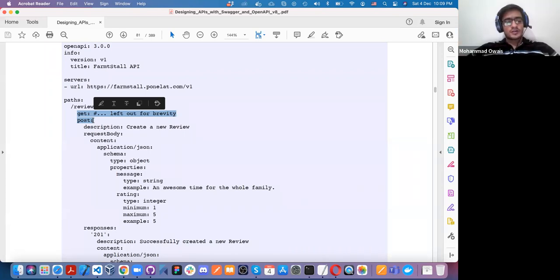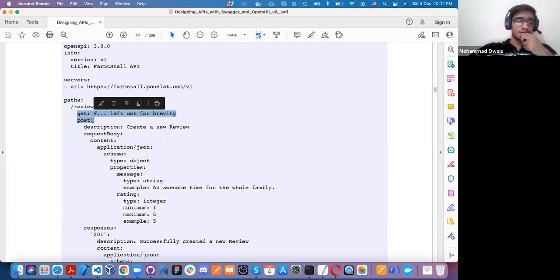Actually, the point is that we are defining this for RESTful APIs, so we have some HTTP methods for that. We use those methods and define them in our definition. As we have just seen, if you want to fetch anything from the database and from the API, you use the GET method. And if you want to post or insert anything to the API, you use the POST method, because it is the HTTP method for that. This is the standard, so we use GET for getting data and POST for posting data.